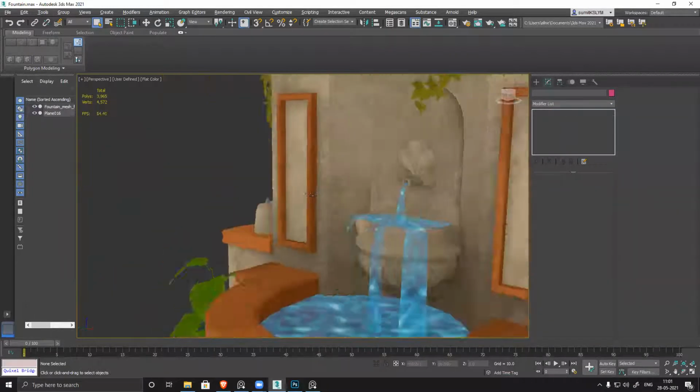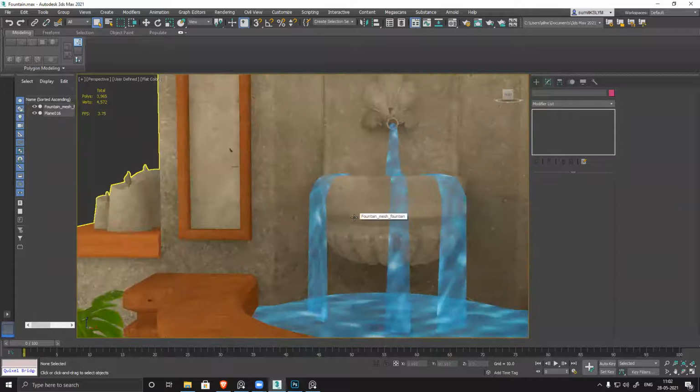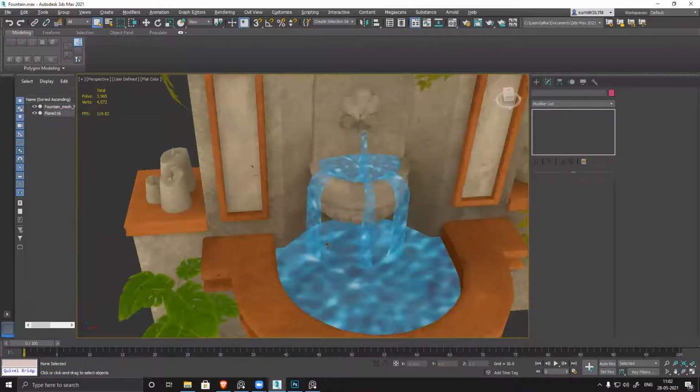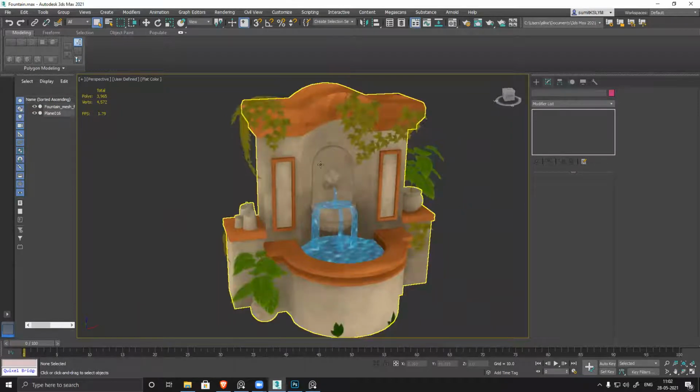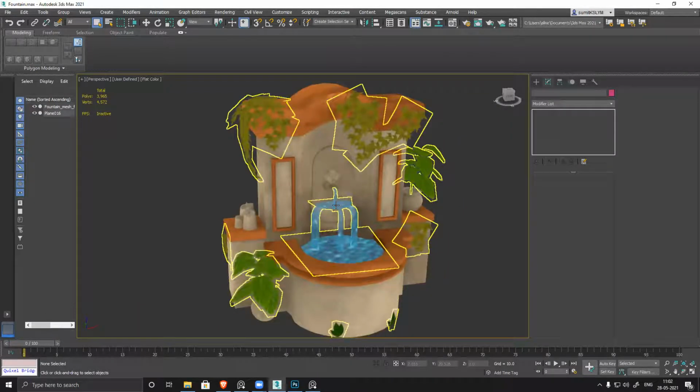Become solid. Okay, this border also orange and spike also orange.